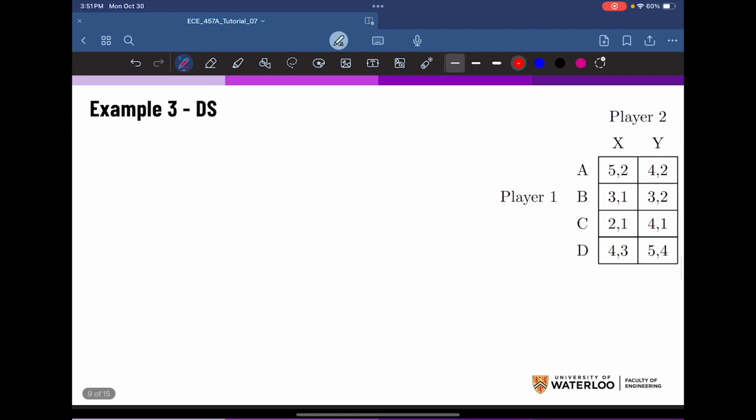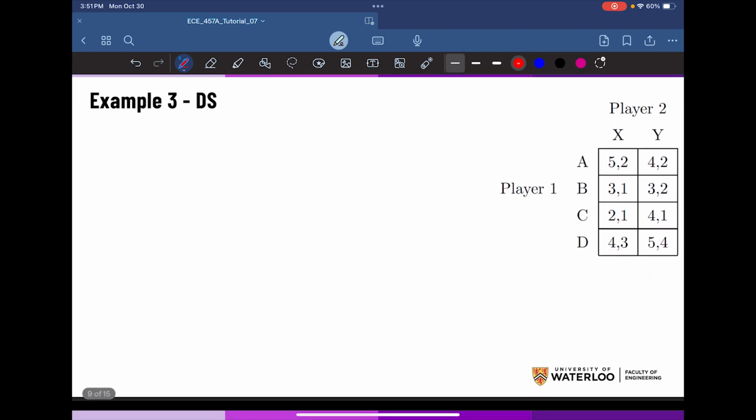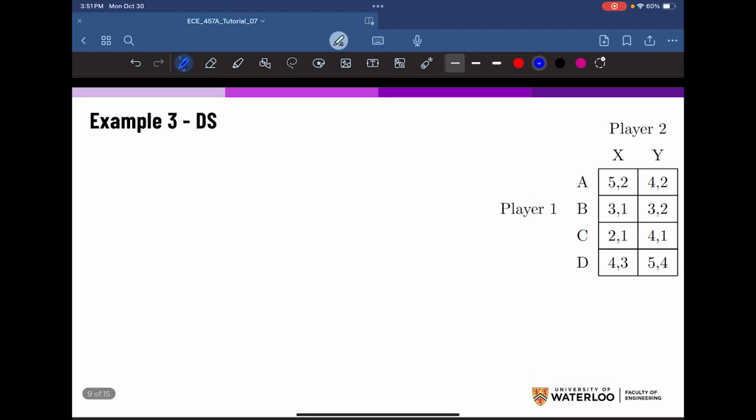All right, let's move on to the third example. Then again, we have the same procedure. So let's start with player number 1. Player number 1 has 4 actions, A, B, C, D, and player number 2 has 2 actions, X and Y. First method is the dominant strategy. So let's find the dominant strategies for both players. For player number 1,